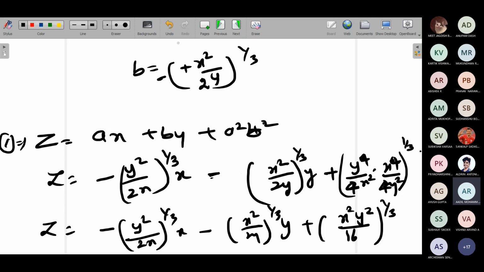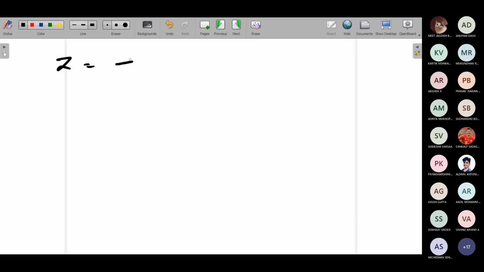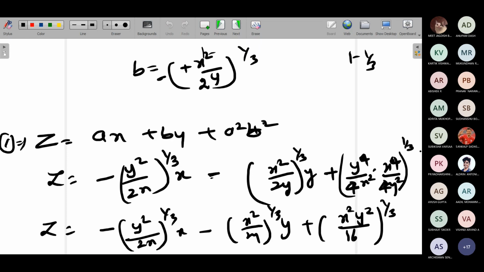Yes, ma'am, you're saying correct. You will get x power whole 1 by 3 minus 1. 1 minus 1 by 3 is how much, dear? 2 by 3, right? So you get y power 2 by 3, x power 2 by 3, correct? Shall I write it directly? So I can write it as y power 2 by 3 divided by x power 2 by 3, correct?